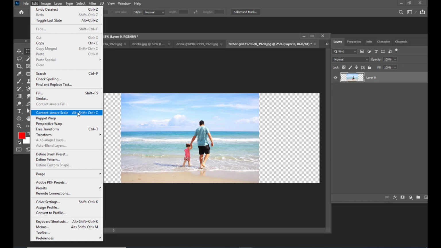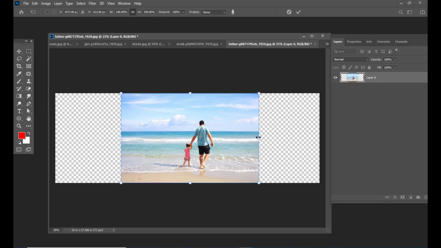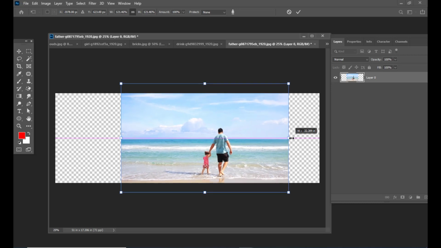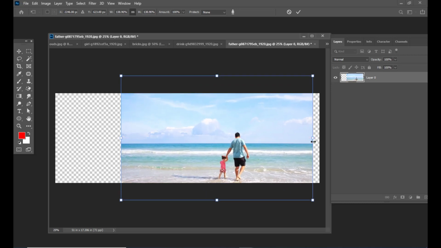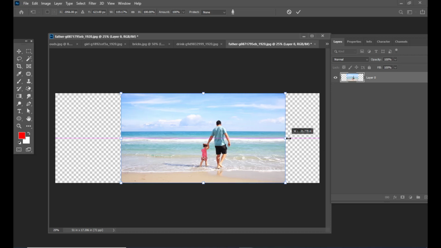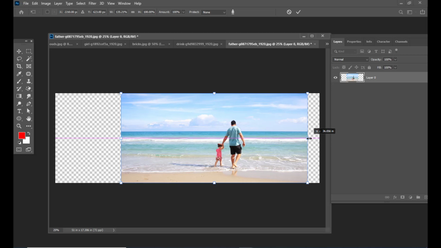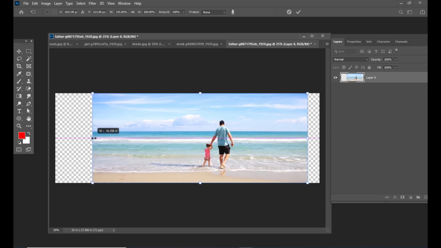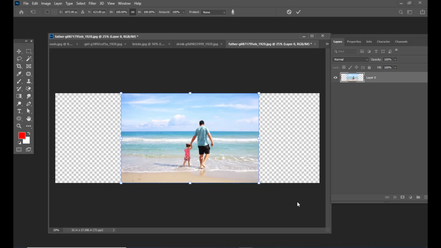What we can do with this option is select this and scale the background. If it is able to find the common background opposite to the subject, it will extend it properly, but sometimes it might actually stretch the subject. See, the subject is getting stretched. Here, when I am trying to extend the background, the subject is getting affected. So let us ensure that the subject is not affected, but still we want to extend the background.